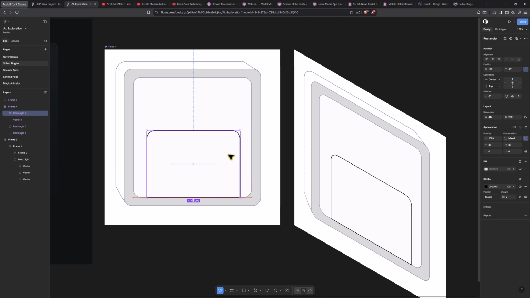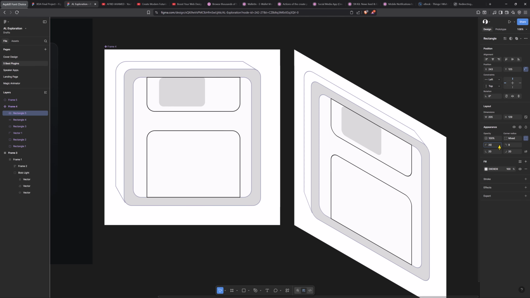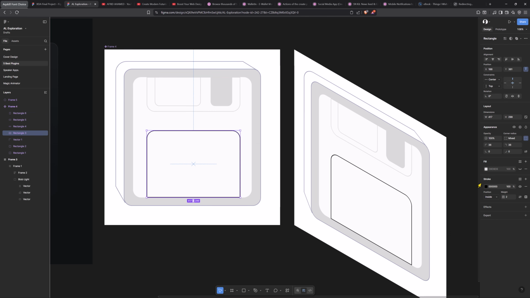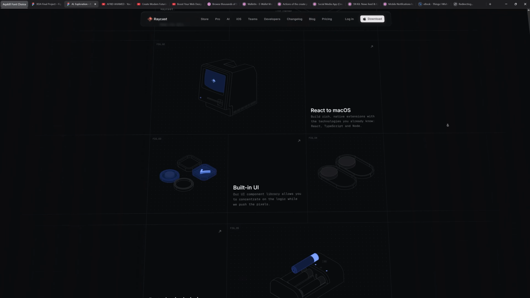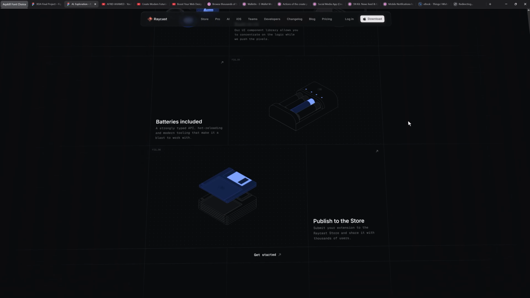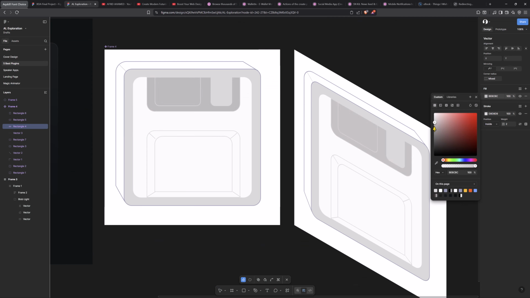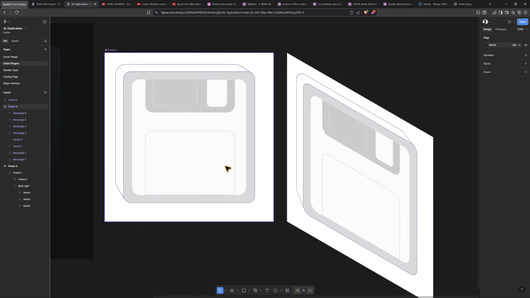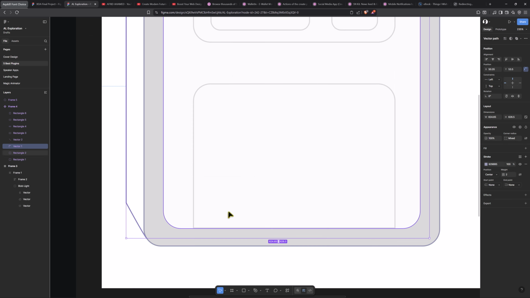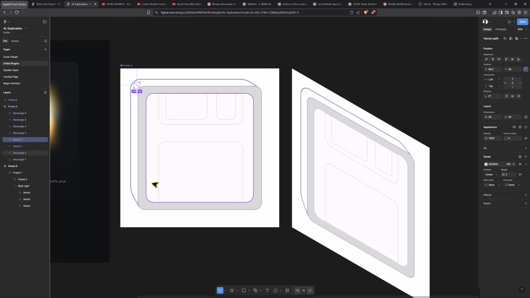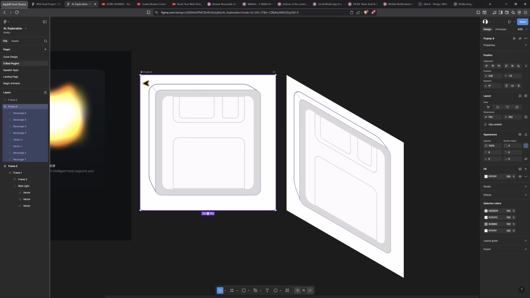But the good thing is that anything you draw on the main component frame is going to reflect on the instance components. So you can use it to create a lot of things. I think a website like Raycast uses that particular technique to have more of their illustrations displayed on their website, and a lot of other good things. So you can give it a try and let me know your thoughts in the comment section, and quickly I will move over to the next one, which is